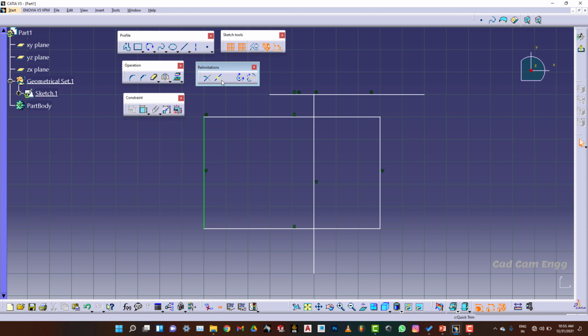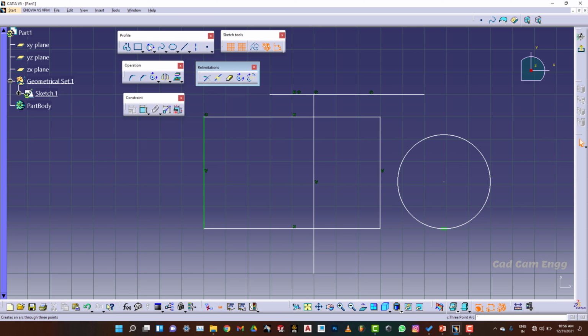If I want to explain this, I have to draw a 3 point arc or any arc. So I am going to draw a 3-point arc like this. I have drawn a 3-point arc, and then I want to make this arc into a full circle. So I am going to use close arc. Select it. After selection you have to check the close arc tool. So your circle will be made from the arc.